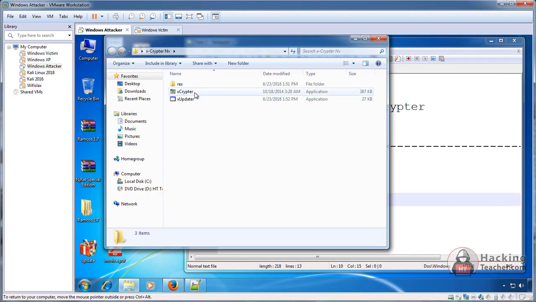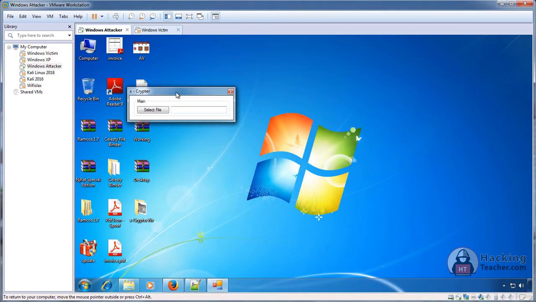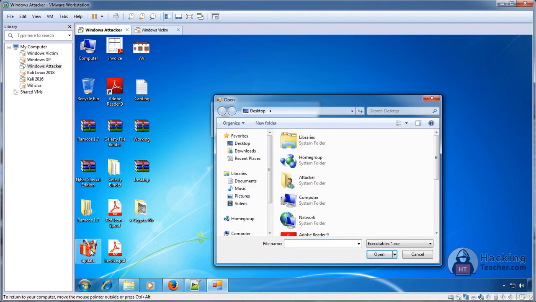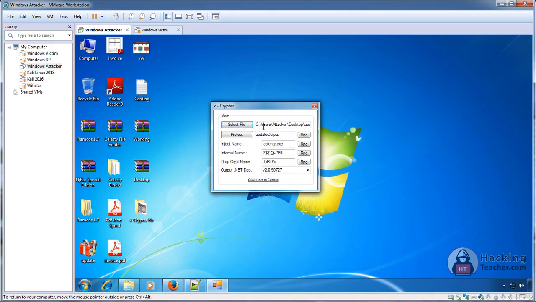I have a cryptor, an Axe cryptor basically, and it's not a very good one. It's a very cheap cryptor, just for a demonstration purpose I got it. I run it so I can show you how a cryptor works. It takes a few seconds to come up. So it comes up. I want to select a file like this one, update.exe, which we created from Ramcos, and